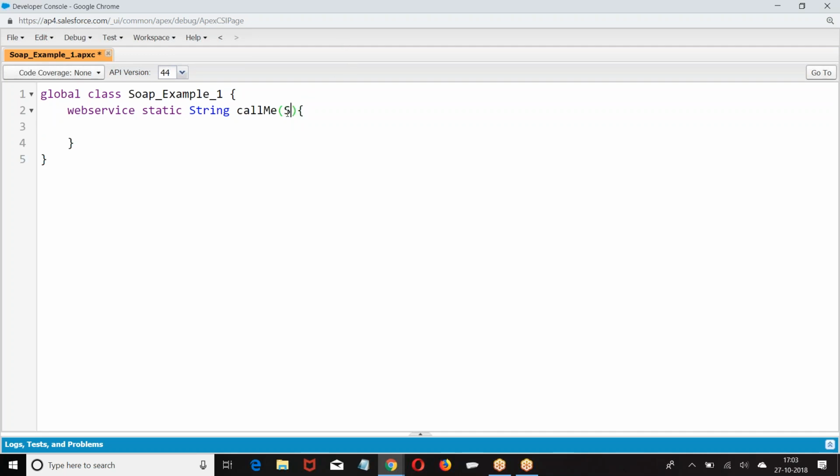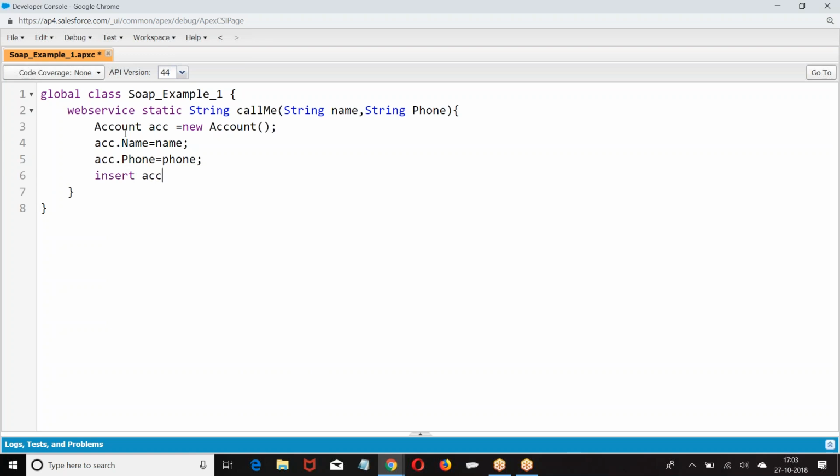So here I am giving the strategy. This is the service that I have here. So we have created a SOAP API service.